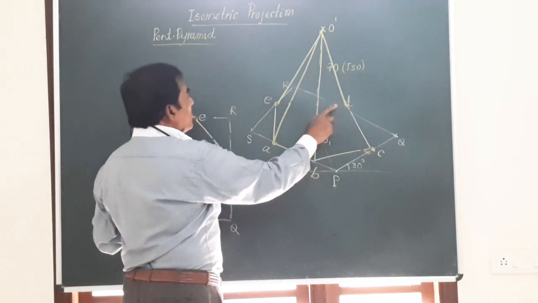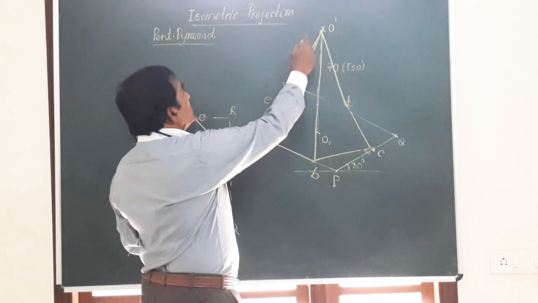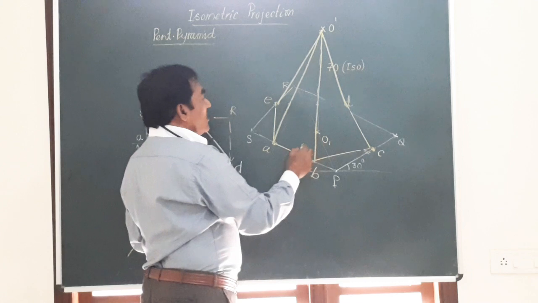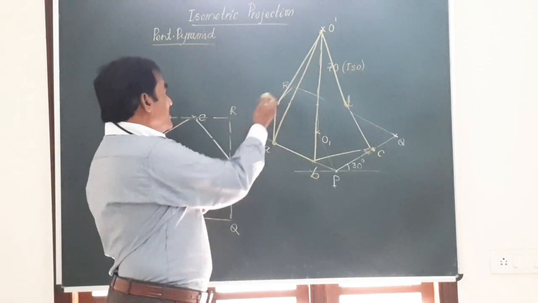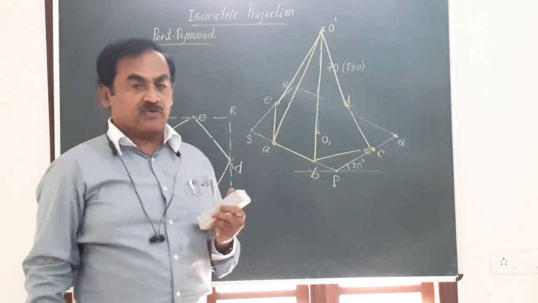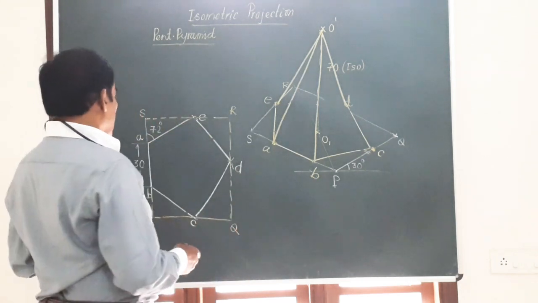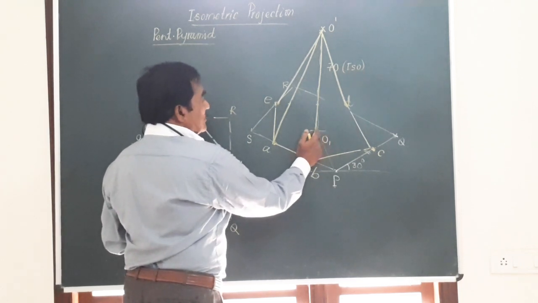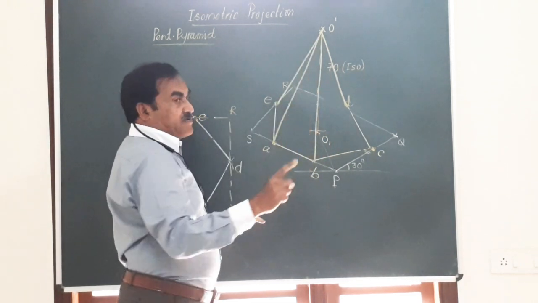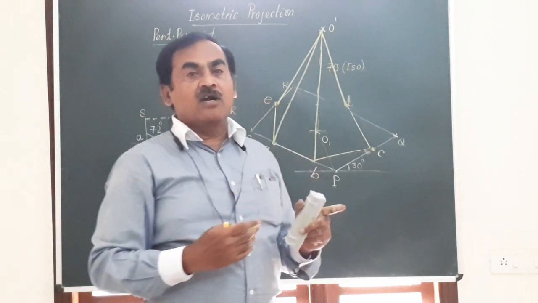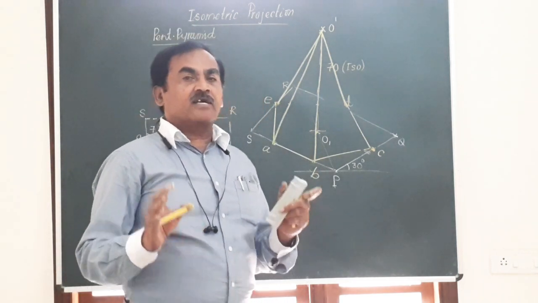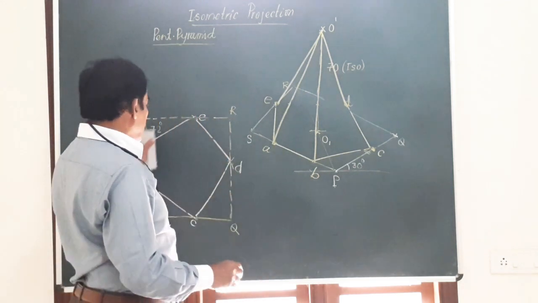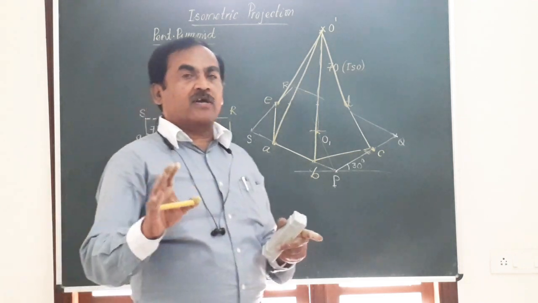And whatever points I have got, I have joined all these to the vertex of the figure, that is O dash. And all the invisible lines or invisible edges are removed. And this figure represents the isometric projection of a pentagonal pyramid having side of base 30 mm and height equal to 70, height is always measured from the center of the base. Remember, all the dimensions I show here on the isometric projection are all isometric measurements, wherein all the actual dimensions of the figure are multiplied by 0.815.